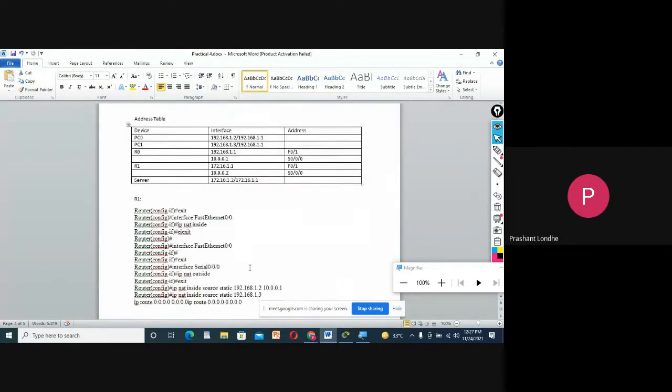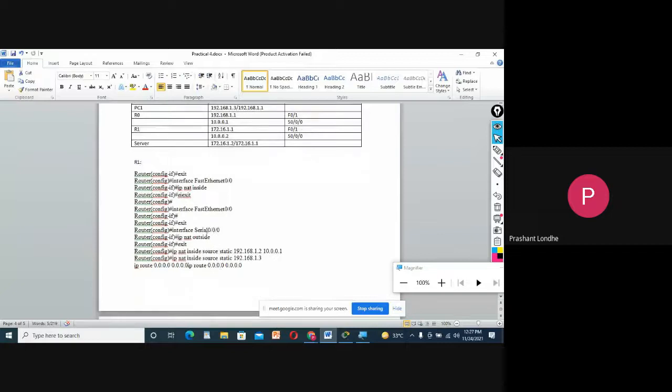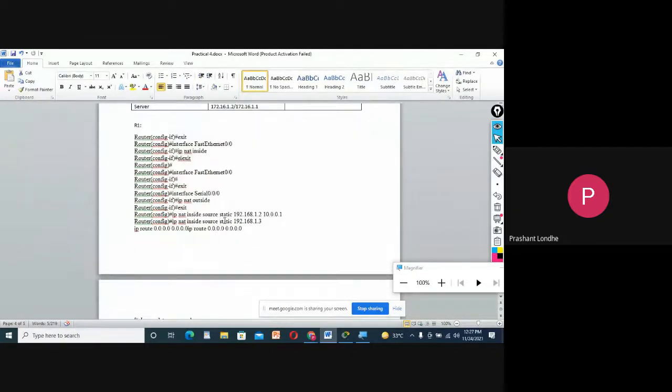Here I need to work with FastEthernet 0/0, then with the serial 0/0/0. Okay, I need to do this part again, because if I want to route with the NAT services, then I need to set these commands also.